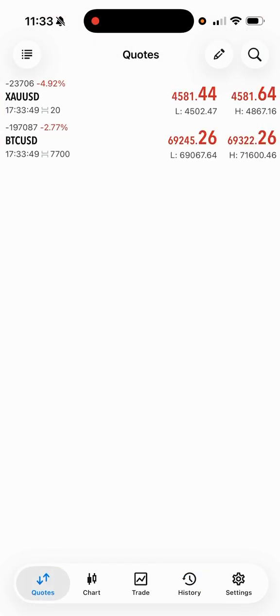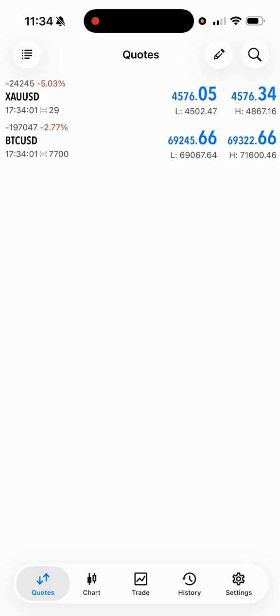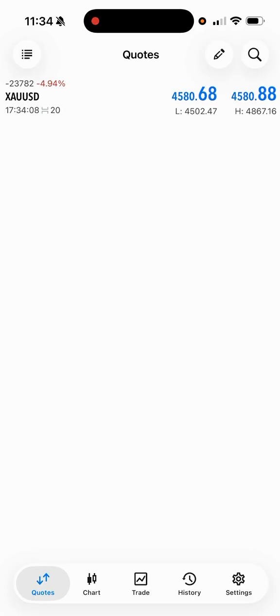This is where you can see your personal pairs that you save to your quotes. So if you like to trade like a specific pair or a few specific pairs, you can actually edit the quote screen how you like it to be set up. So me personally, I only trade gold. So I can take this off. I can literally delete Bitcoin. So if you literally just want to add gold, which most of our group loves to trade gold,